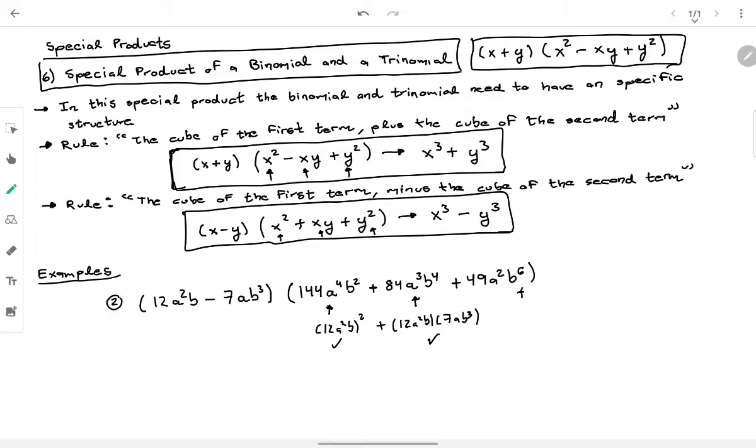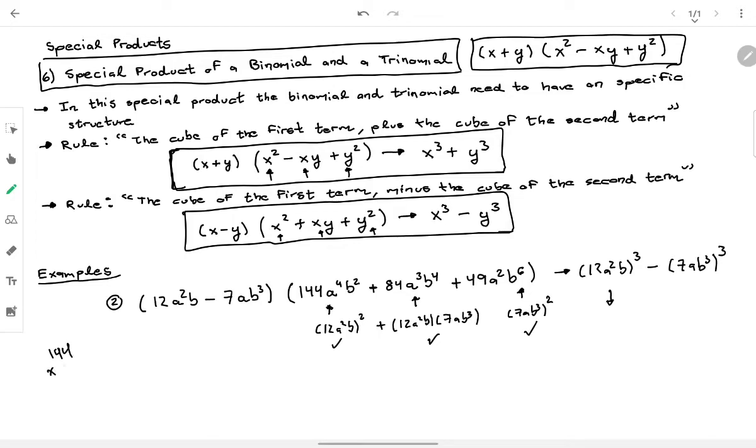And the last one must be the second term squared. So in this case, 7 squared is 49, a squared is a squared, b to the third to the squared will be b to the sixth, so it applies. So the answer is going to be the first term cubed minus the second term cubed. So our final answer is going to be